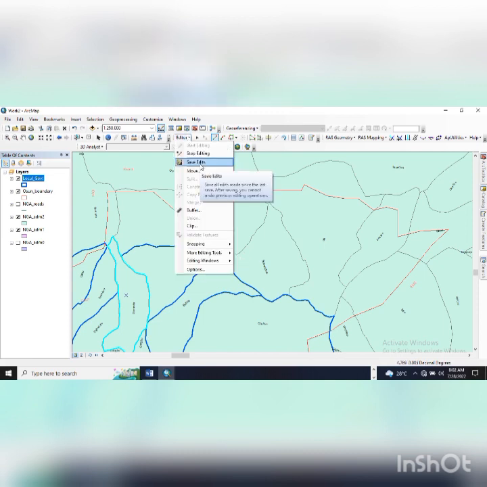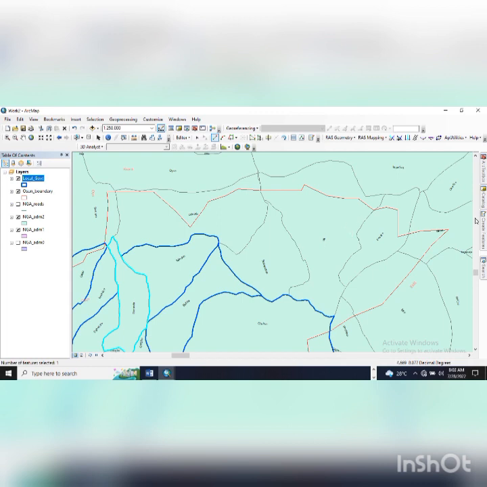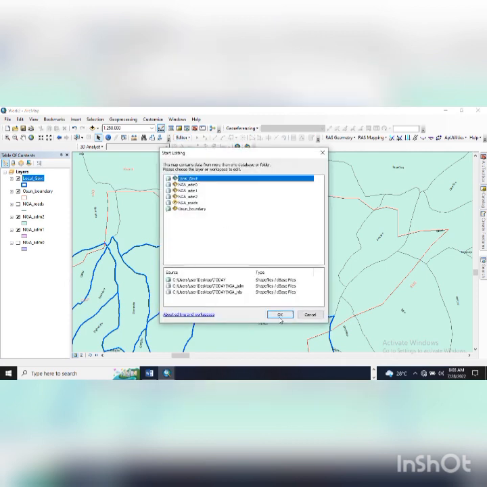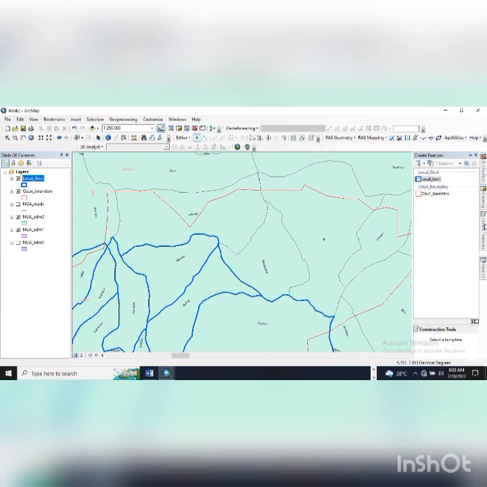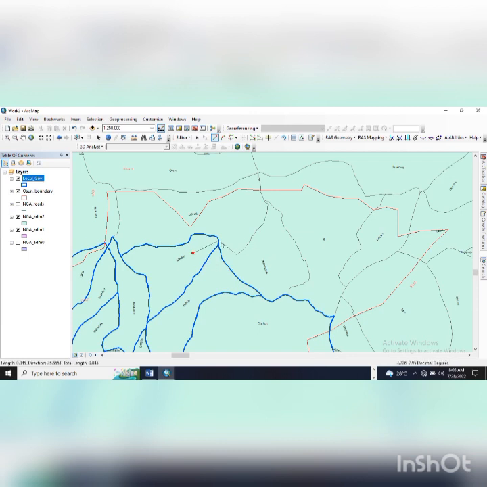Okay, let me save the edits of what I've been doing, and then show how we start our digitizing. Let me stop the editing. Okay, Editor, Start Editing. I am still digitizing the local government. Choose my local government, then come to Create Features, and choose what I want to do. Now in this case, we'll not be choosing polygon again, we'll be choosing autocomplete polygon. When we choose autocomplete polygon, it will give us the sign of a polygon. But in this case, see that it is sharing a boundary with this, with this, and with this. We just come inside one of the boundaries, come here, click,